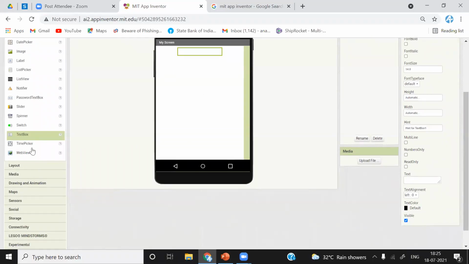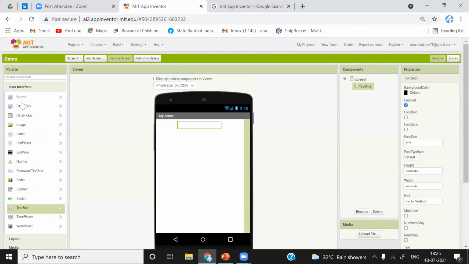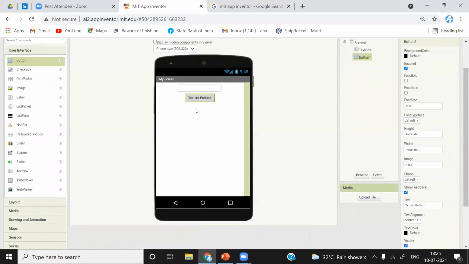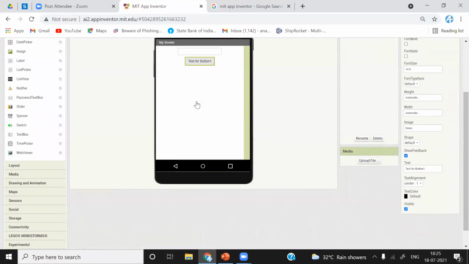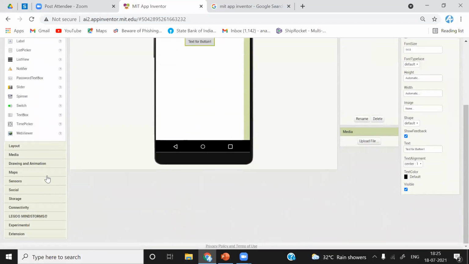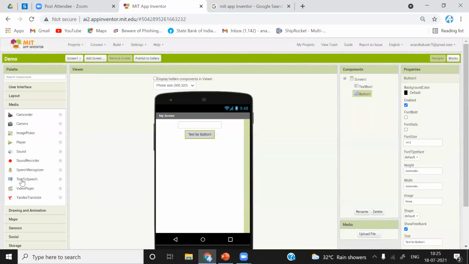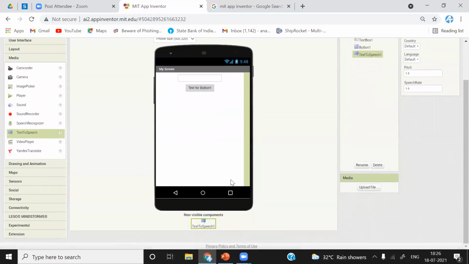Next, we need a button to convert it. After pressing the button, we want to convert the text in the text box. After that, we will need the text to speech component from media. It is a non-visible component. You can just directly drag it.